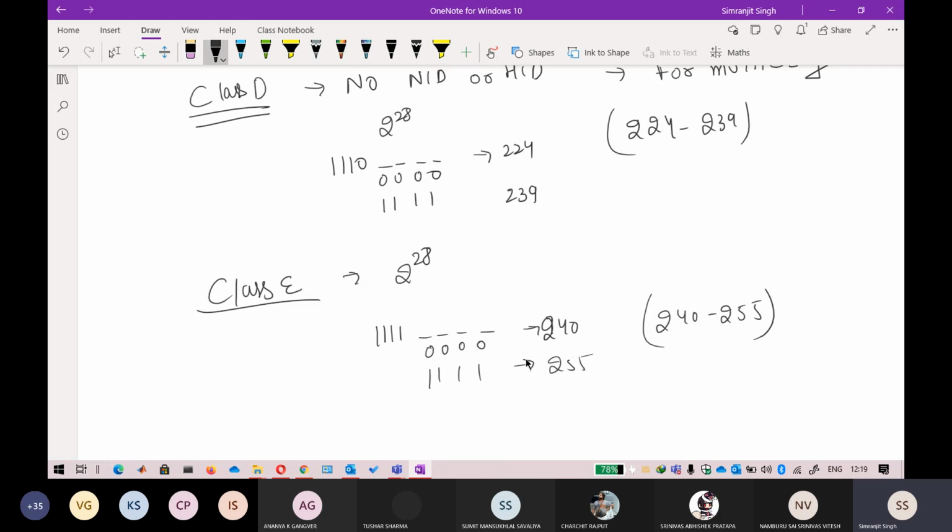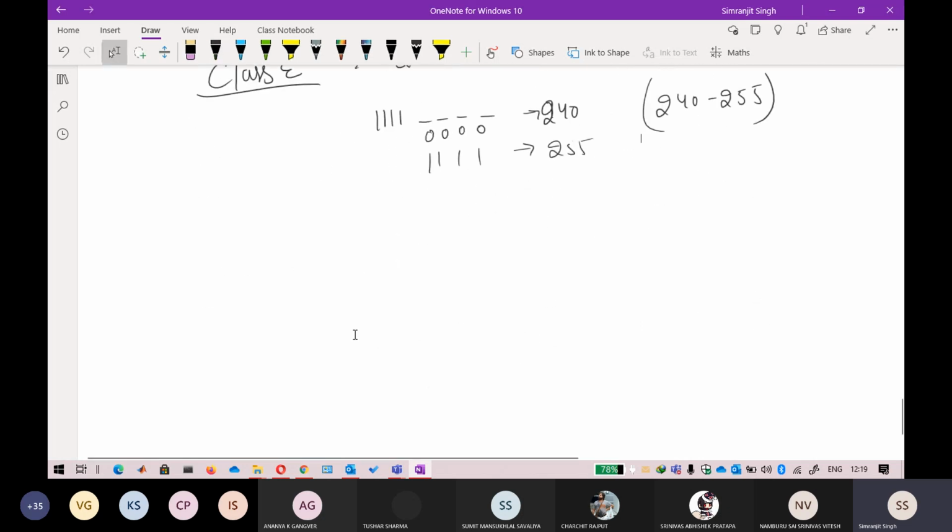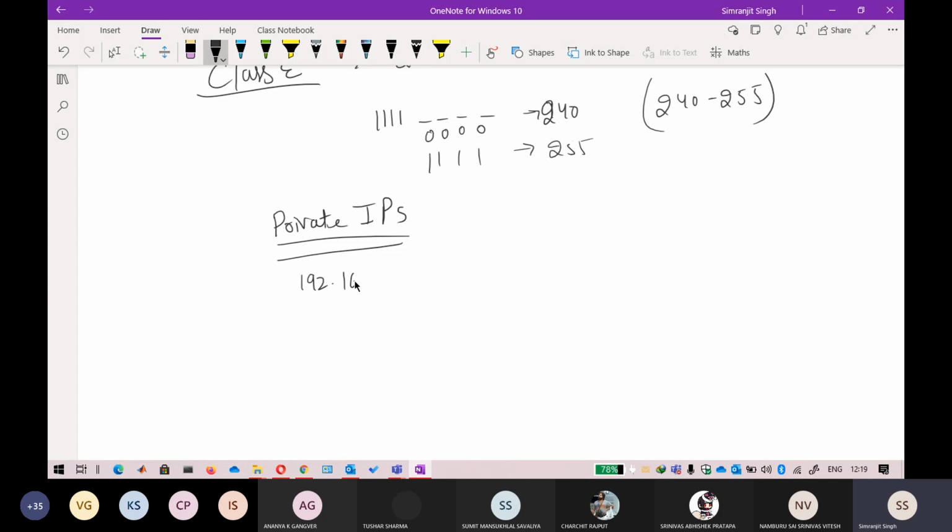Okay, so now there is something called private IP. It's very important, and some books don't mention it. Private IP means that in every class there are some IP addresses that are left for private use. Just remember the range because it's very important; some of the examinations ask this range. Okay, so it is 192.168.0.0 till 192.168.255.255. This is your class C private IP range. Okay, so the total addresses will be